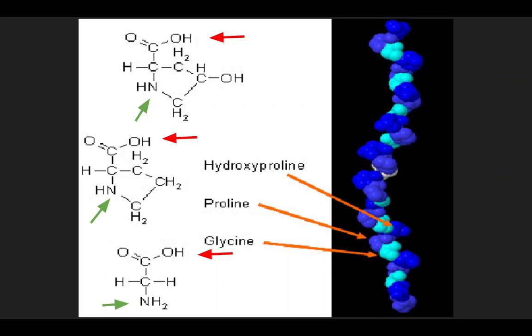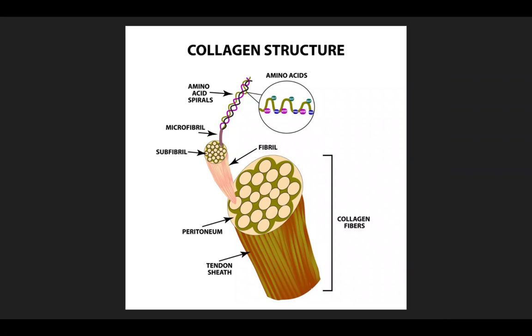The last part of the structure I'd like to touch on is how it all comes together in a much broader sense. This picture does an excellent job of showing the scales of collagen and summarizes all the structures I've talked about so far. Starting from the smallest structure of amino acid triplets at the top,